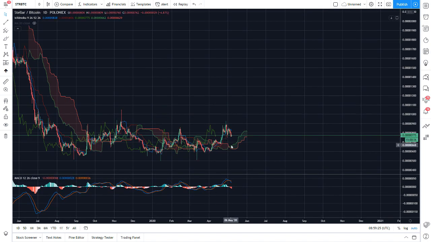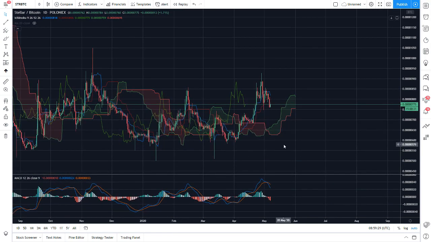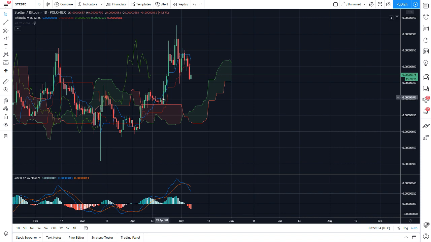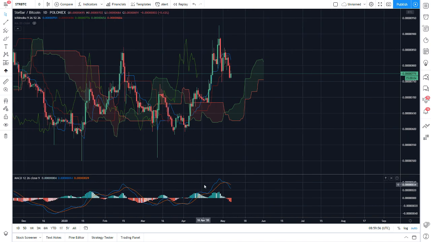Let's move to 1D, which is the daily chart. So this is the daily chart of Poloniex, and here we are still above the red cloud. So, and this green cloud is going to act as support, and if it does so, if we come down to, let's say, 708 levels, we might see a bounce, and then we can go up. And the MACD is also looking bearish to me right now on the daily time frame,